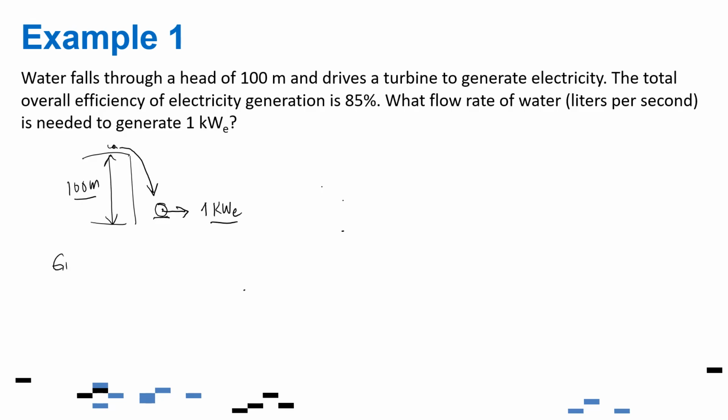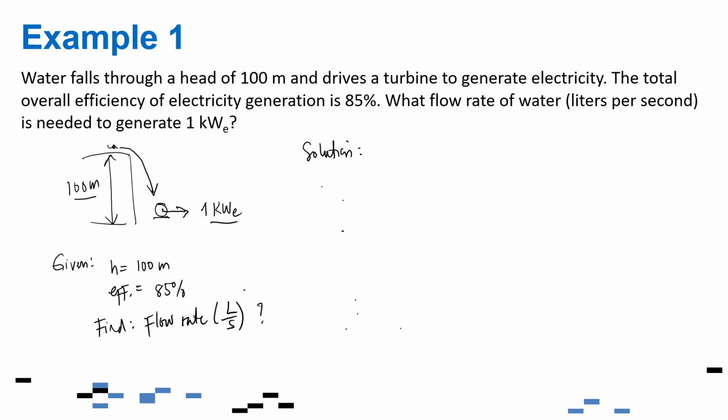So let's list down here the given, which is a head of 100 meters, and the conversion efficiency is also given, which is 85%. The question is to find the flow rate of the water. This should be in liters per second, which is what is asked for in this problem. As a solution for this problem, I think it's very straightforward. So our solution,